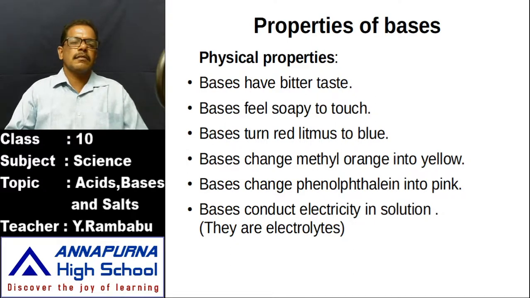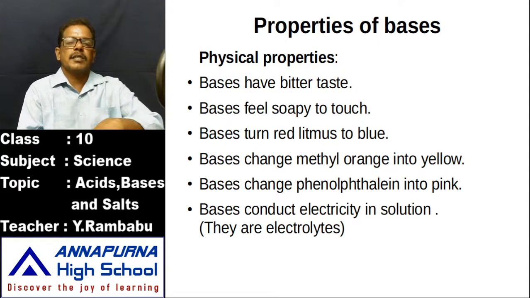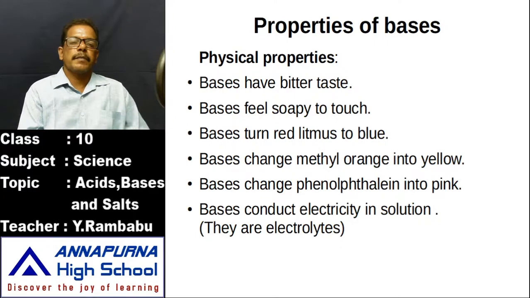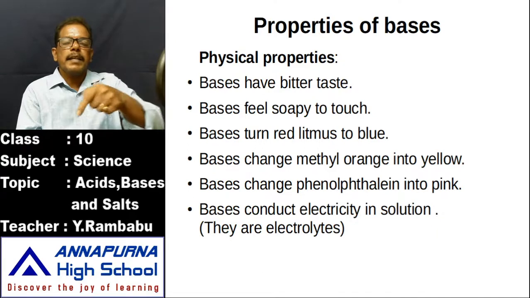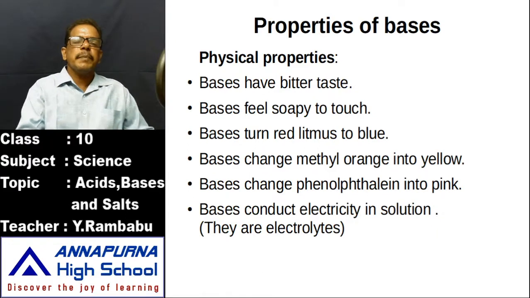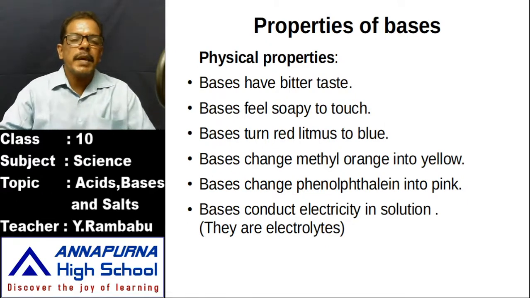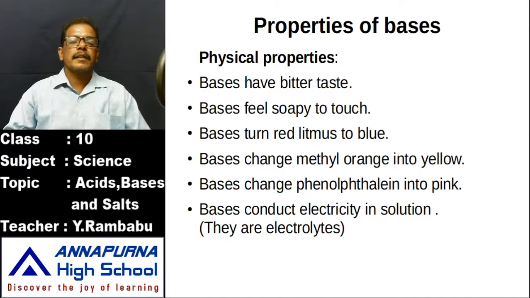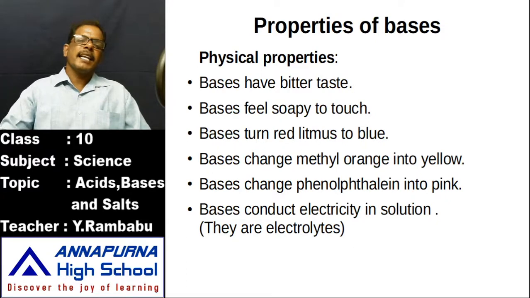Just collect any substance that we use in our daily life or from our chemical lab, and take a small amount in a china dish. Add a small amount of water to it. That means an aqueous solution of the substance is prepared. Take a red litmus paper and dip it in this solution. If that red litmus paper changes into blue, then it is a base. If the red litmus paper remains red, then it may be an acid or neutral.